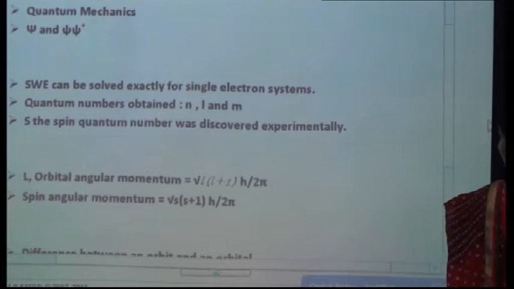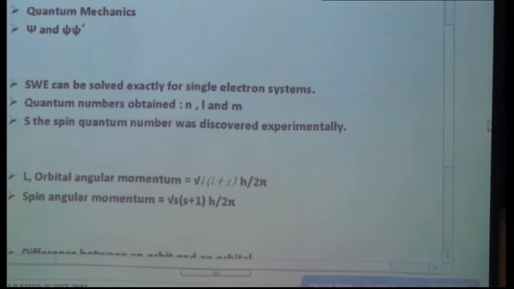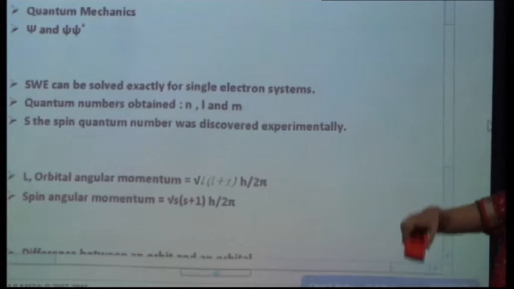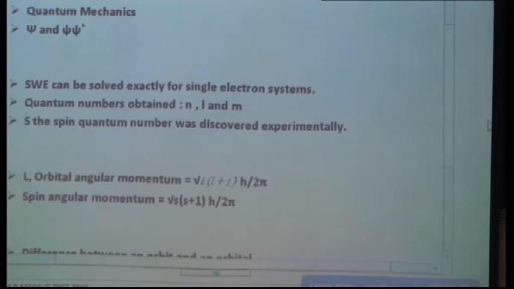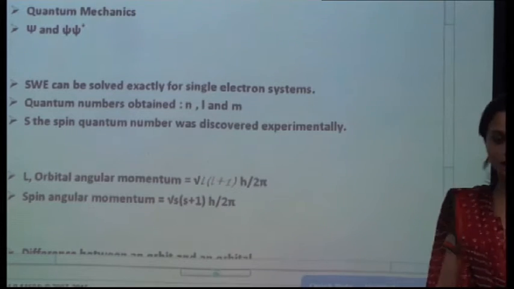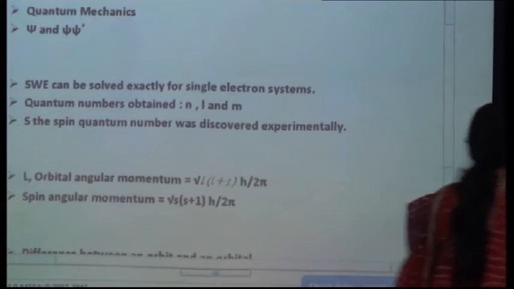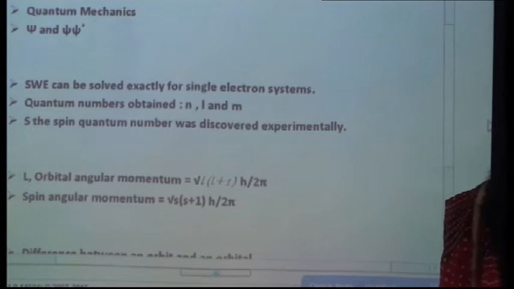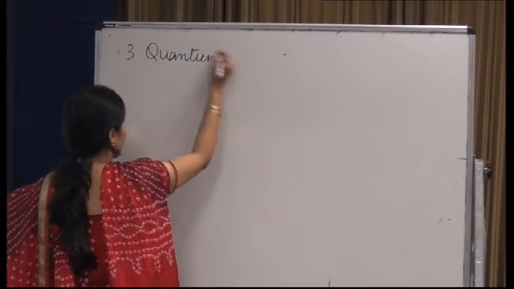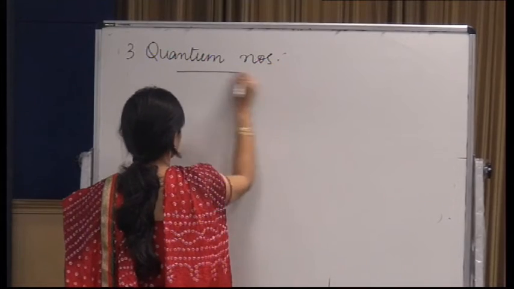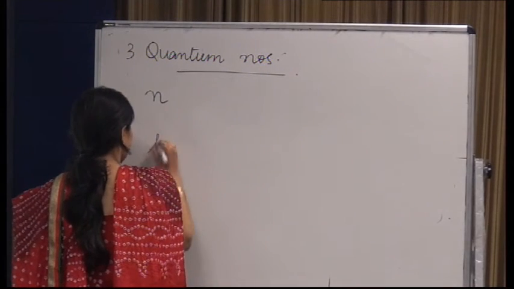So we have talked about the Schrodinger wave equation. Can you just repeat the Schrodinger wave equation for me? H operator psi is equal to E psi. Okay, and it can be solved only for the best example, the hydrogen atom. When we solve it for the hydrogen atom, we see that we get 3 quantum numbers from the solution. We get 3 quantum numbers that I had quickly gone through last time. Those 3 quantum numbers are n, l,